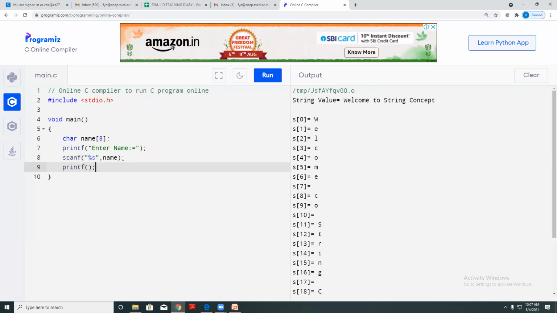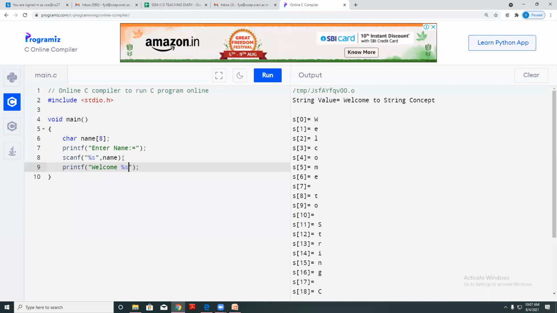Okay, printf. I will change the message. Welcome. Here I will write %s.